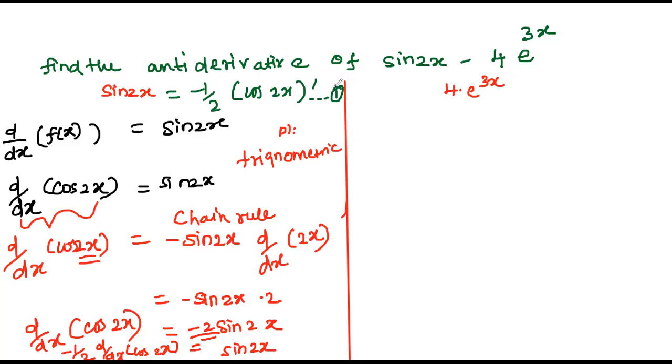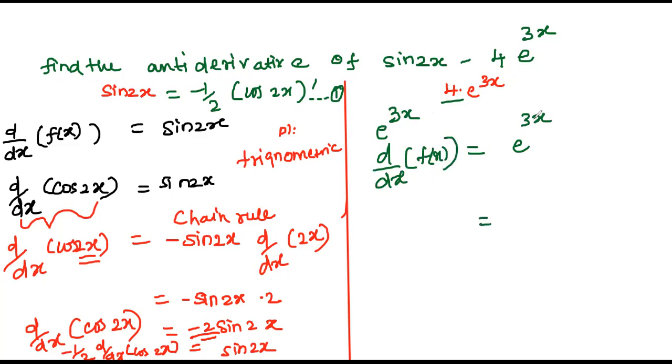Yes, ma'am, yeah. Good. So the second part, you have 4 times of e raised to the power 3x. See, 4 is a constant. You can club it with your final answer. Let's solve e raised to the power 3x. How do you write this? First, you need to write e raised to the power 3x as the answer. And we have to find the f of x.